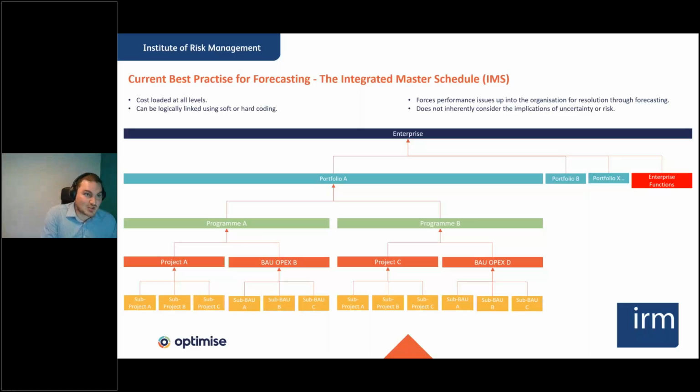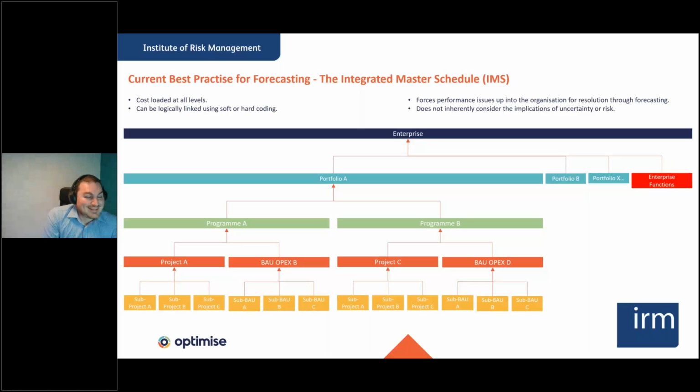A lot of organisations don't even have this, but working towards this is a key goal for better understanding the decision-making process. And it also enables what I'm going to talk about next as well, which is why it's so important to understand how it's going to work. So it forces performance or issues up into the organisation, as you would expect. If something moves down at the bottom, it affects something at the top, then we understand the potential impact at the top of the business, and we can trace it back down to try and carry out some work. So that's a positive in its own right.